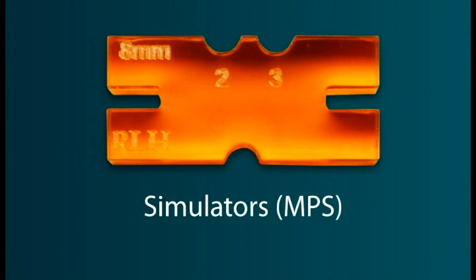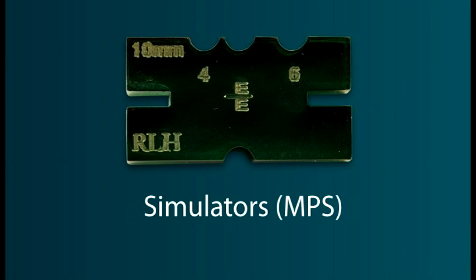Let's start with the 8 millimeter, which has 2 slots on the top and 1 on the bottom. So that will be an 8 millimeter vertical opening, and either a 2 millimeter forward or 3 millimeter forward, depending upon whether the 2 millimeter number is facing the patient or the 3 millimeter number. The 10 millimeter unit has 3 slots on the top and 1 on the bottom, so that